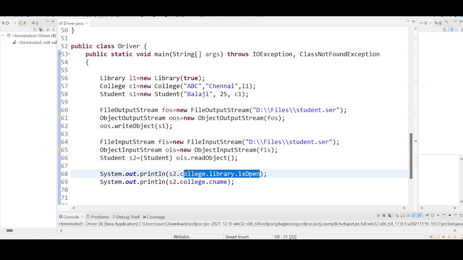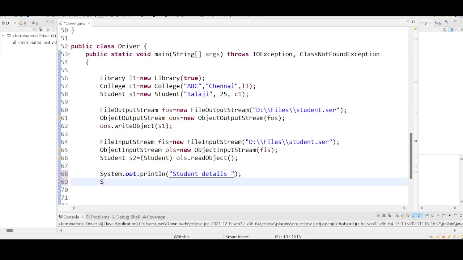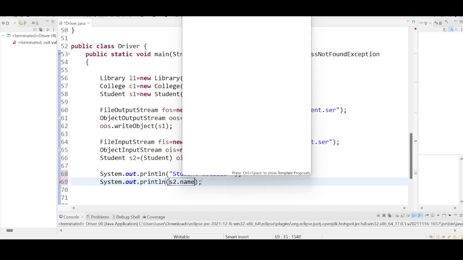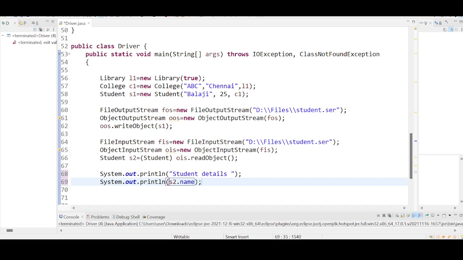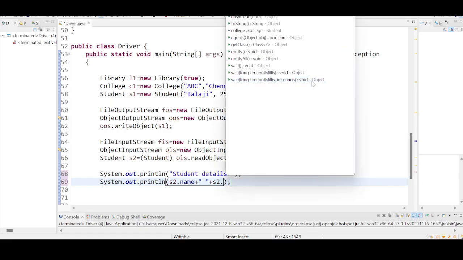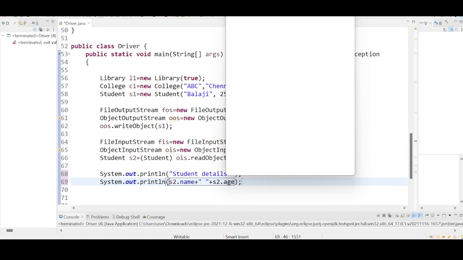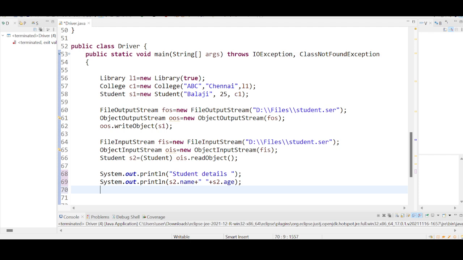You want to get all the information? Very simple. Let me say I just want to get student details. How can we get the student details? Only extracting the student information: S2 dot name of the student plus, concatenation, S2 dot age of the student. If you want to get the college details,